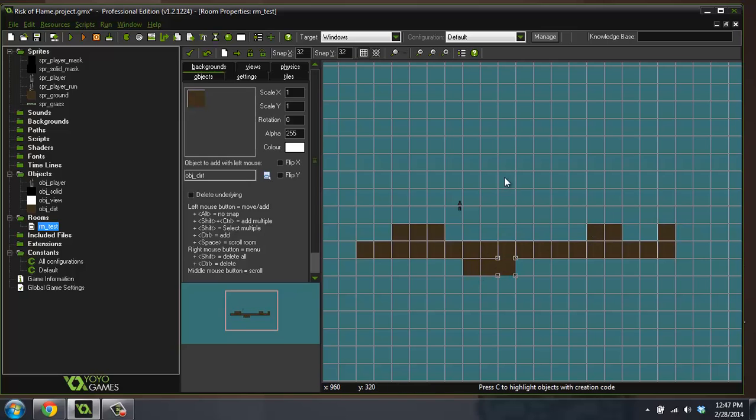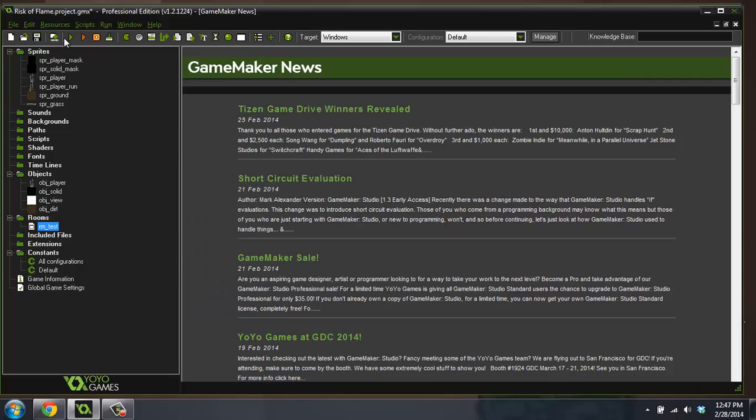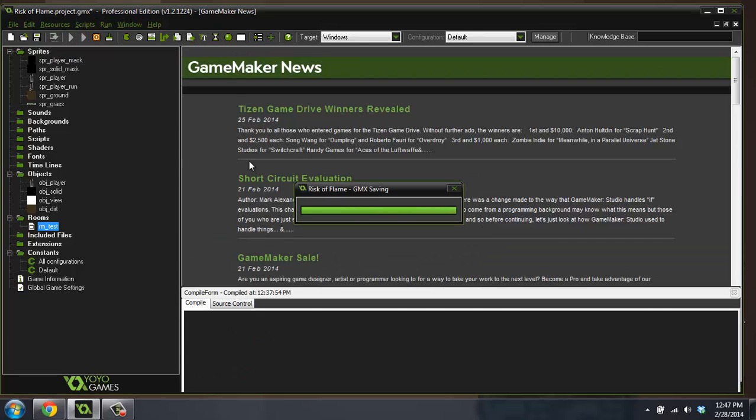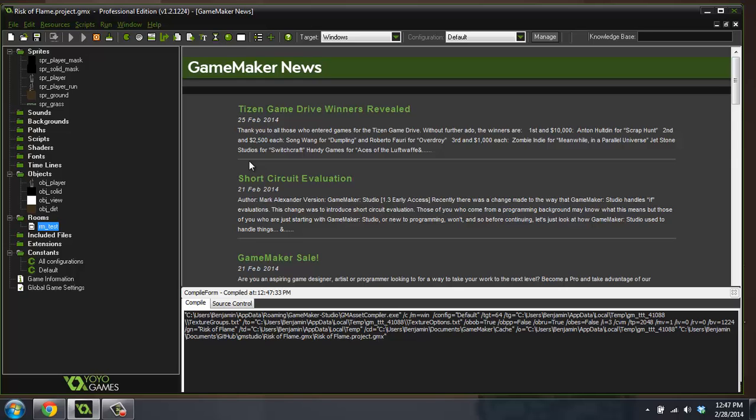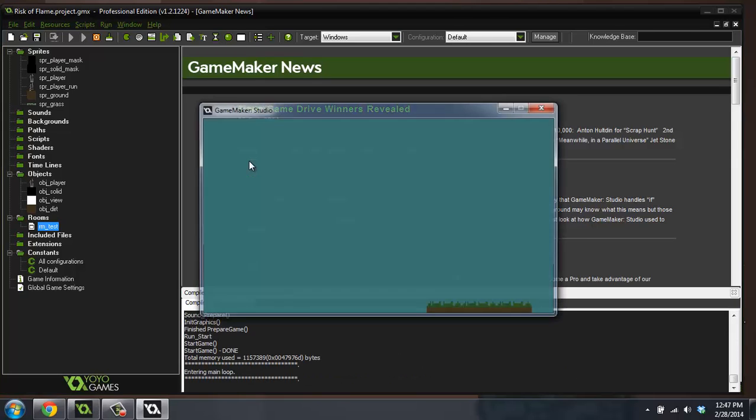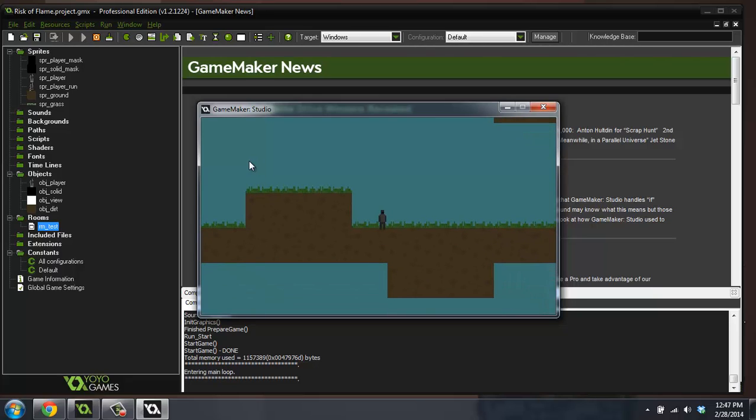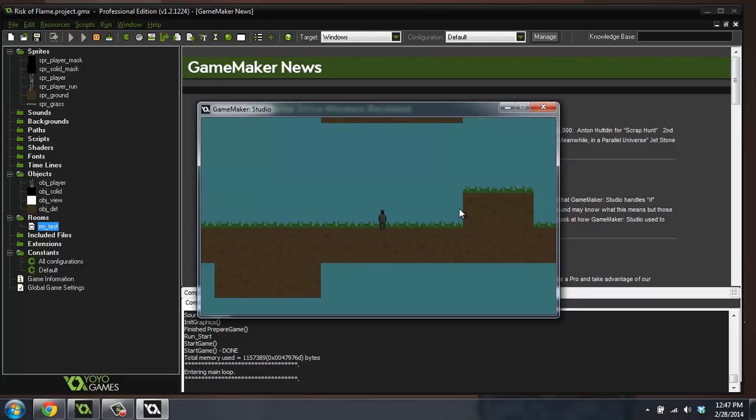And let's see what this looks like. I have no clue what it's going to look like. Let's try it. Find out. So hopefully the idea is that the dirt object will only draw grass if there's nothing above it. And you can see that that worked. But unfortunately I made a mistake and I drew the grass